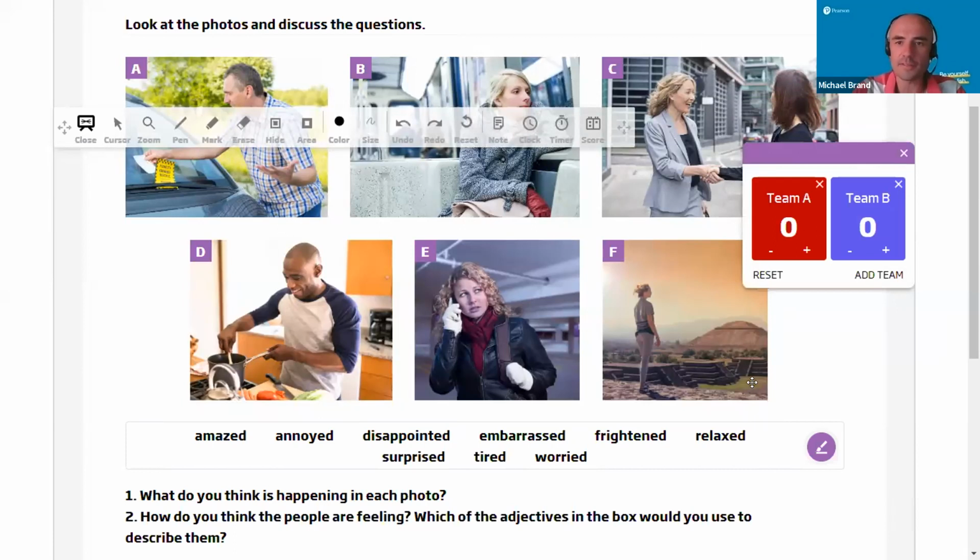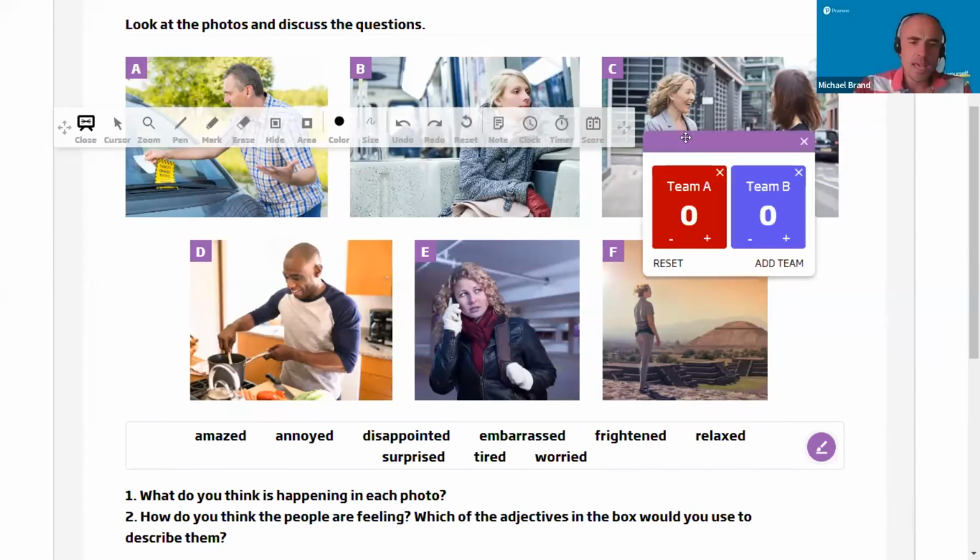So what I'm going to say is, imagine we've done the activity. Now I am going to say an adjective, and I want you to show that you've understood it by giving me a sentence. So for example, if I say annoyed, you could write in the chat box, I felt really annoyed when my football team lost at the weekend, and I was angry all day. Okay, that might show me that you understood the word annoyed. So you give me a sentence using it in a context.